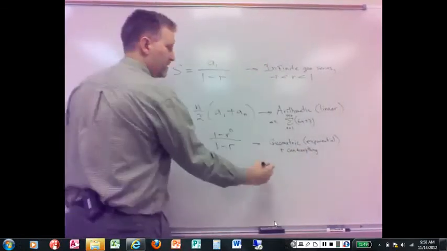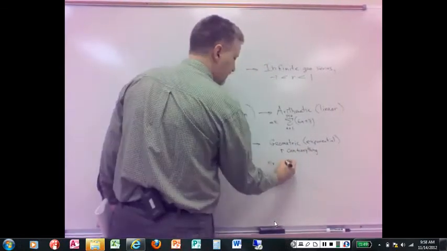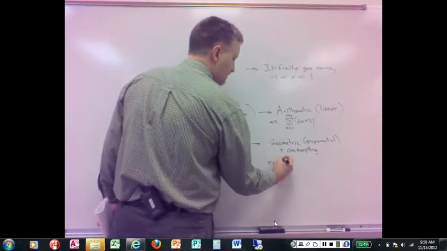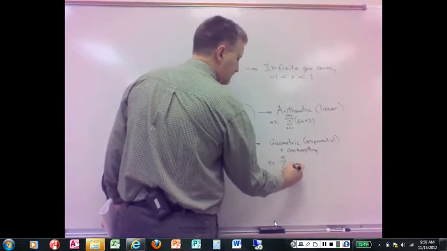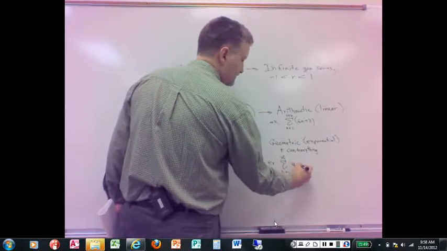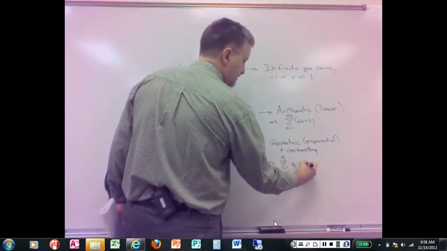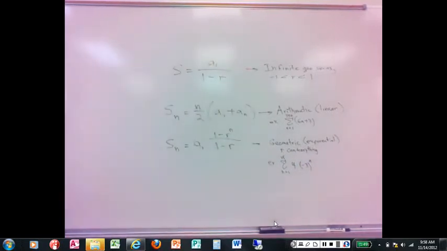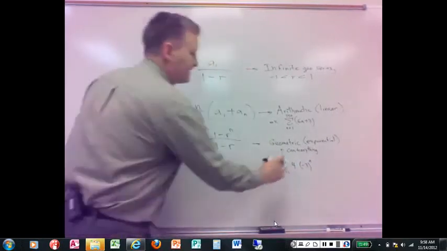Ratio can be anything here. Doesn't have to be between -1 and +1. And so for example here we could have n equals 1 to 75 of 4 times negative 3 to the n. That's going to be a large one, but